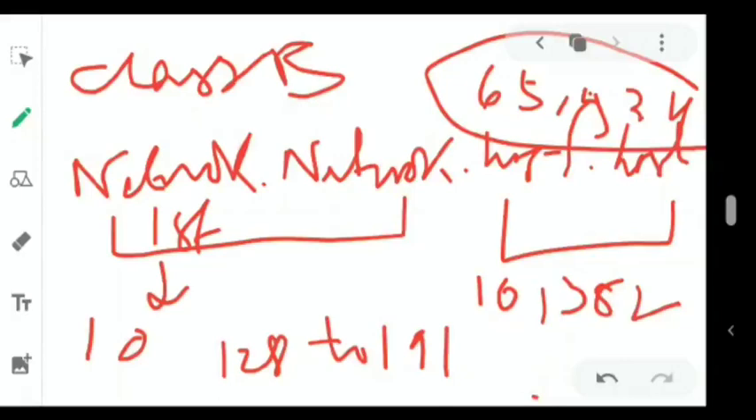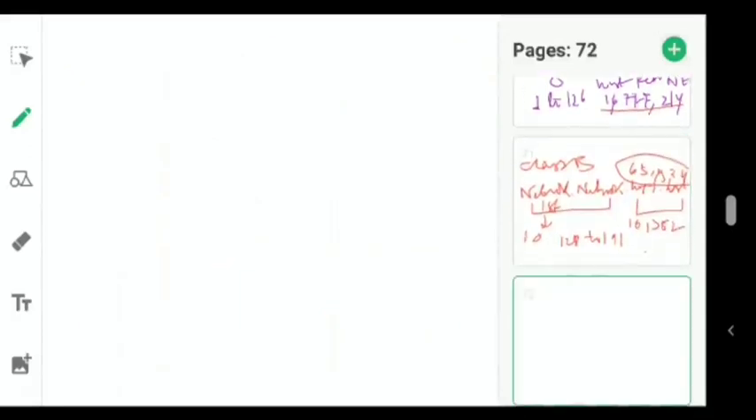This is very less compared to class A. This kind of address is generally used by ISPs, large colleges, or hospital kind of networks. Now we are coming to the next part, that is